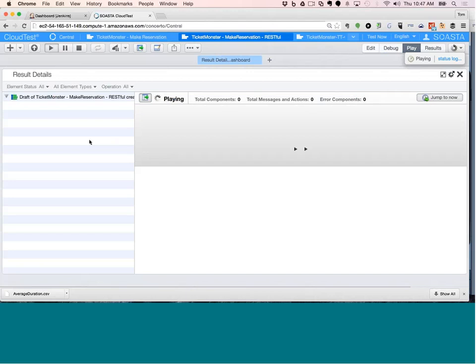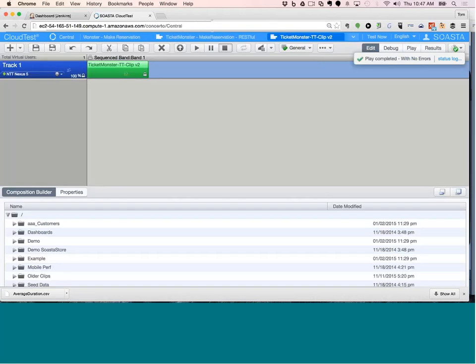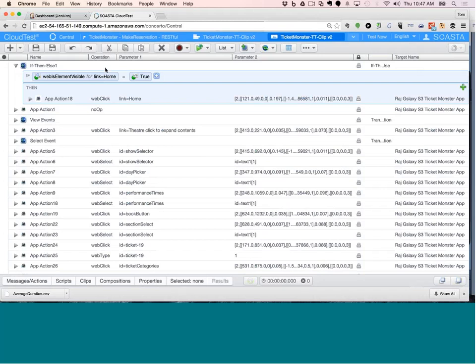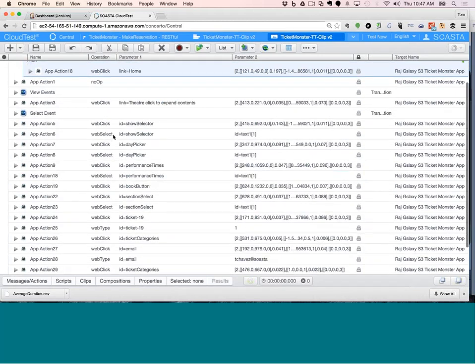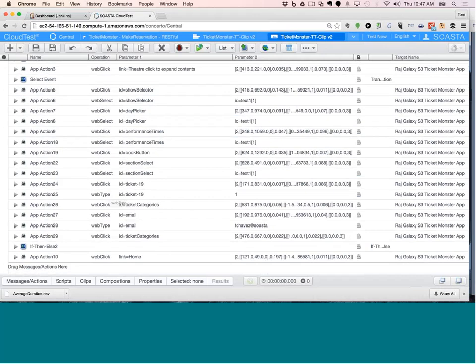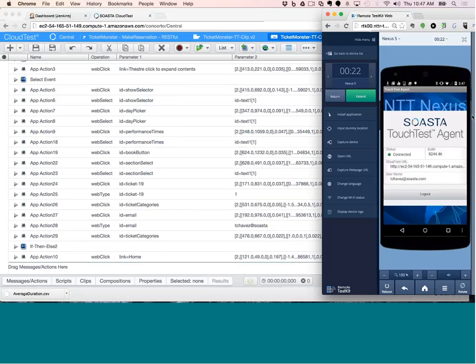Now this is great for the first step of any test automation, which is automating a test and being able to run it manually, and that's what we're doing here. We also have tools for being able to debug a test. While that's running, I can take a look at the mobile application test version. Similarly to the same interface as we had for load testing, we have a visual test editor that lets me build a test of clicks on different items. This was actually recorded directly from the application itself, the Ticket Monster mobile application, which I have running over here.